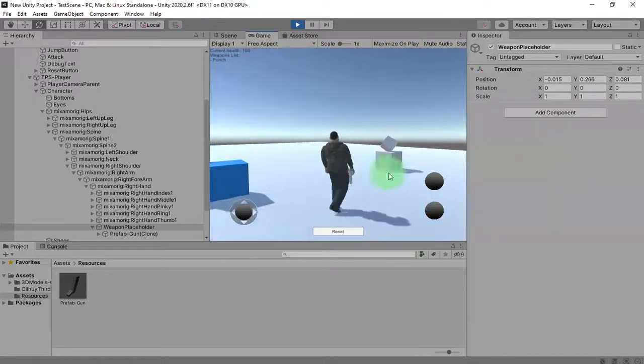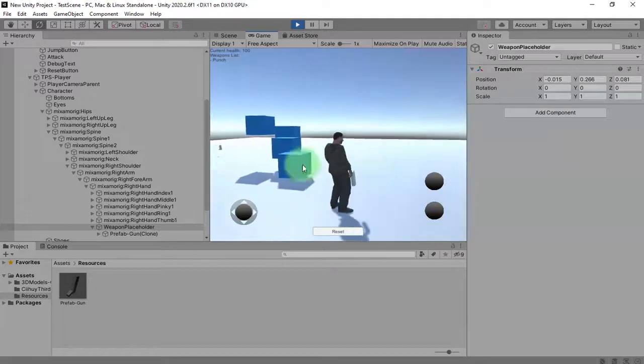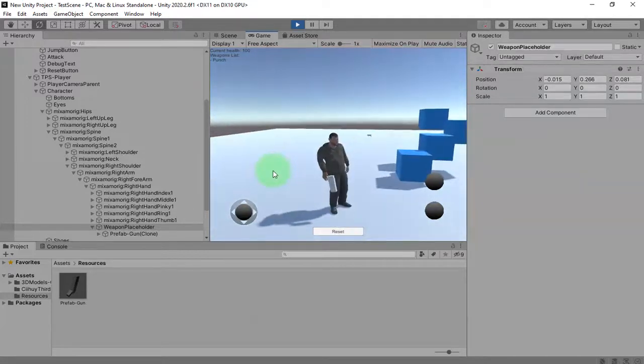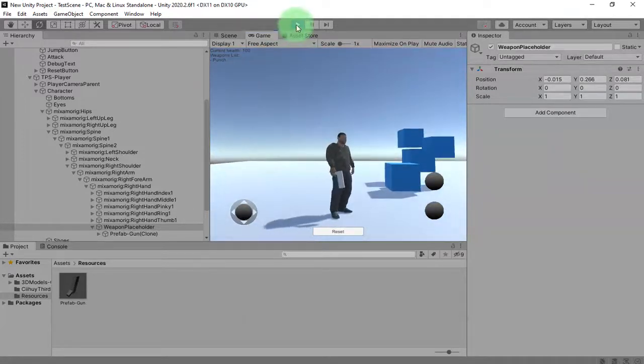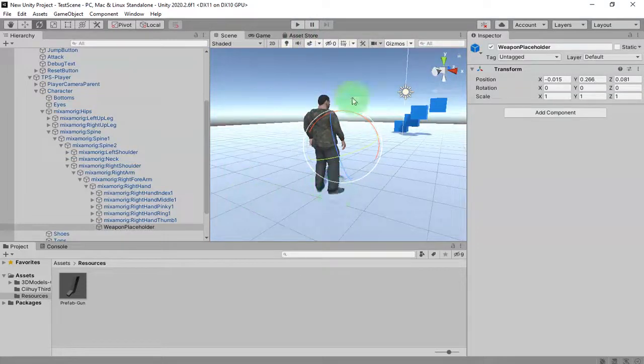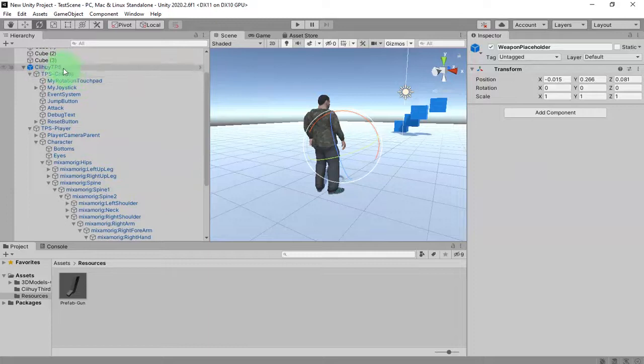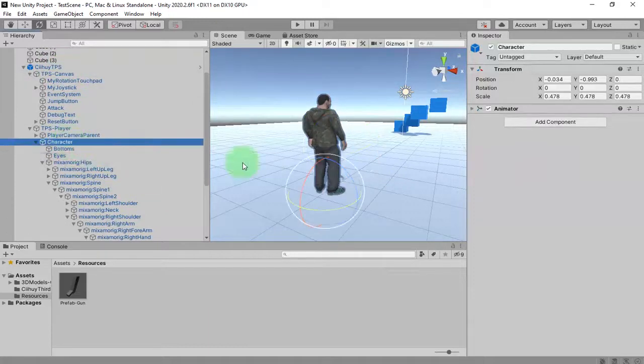To fix the scale problem, I think the correct way is to unscale the player. Right now, as you can see, the player I have here is scaled down to 0.478, and it is not correct.